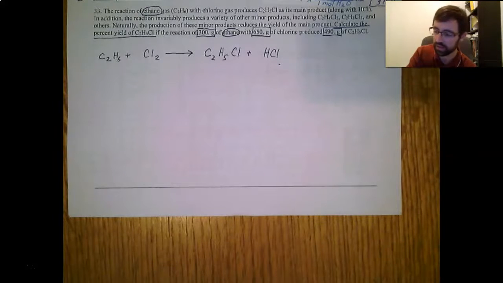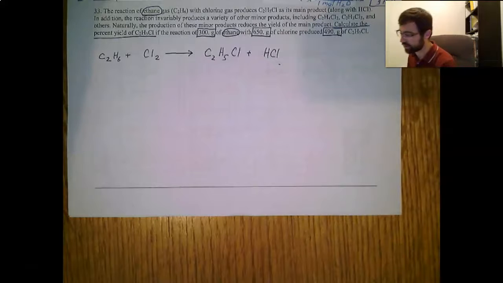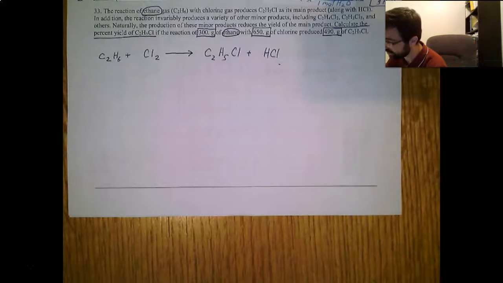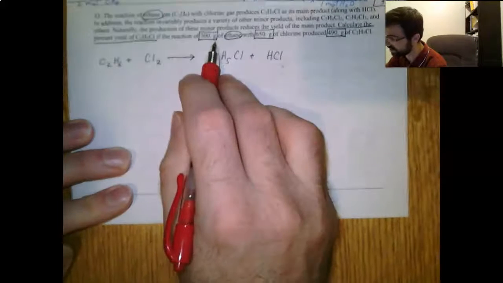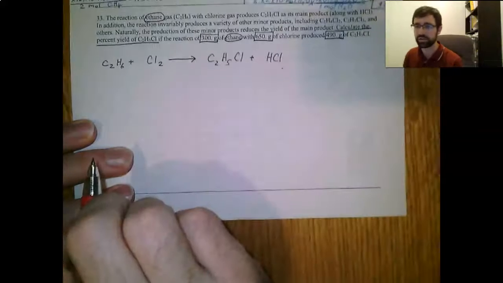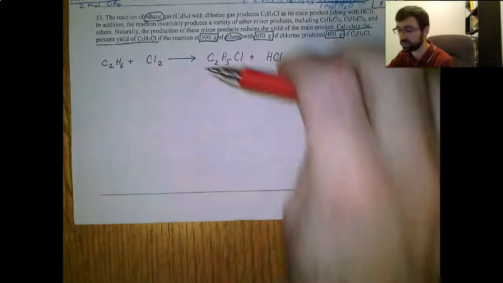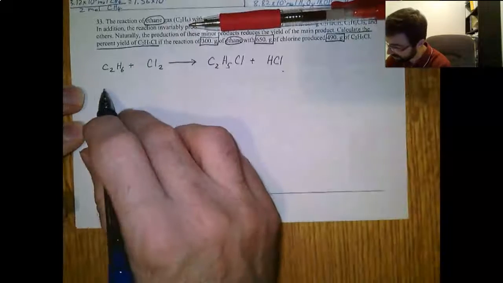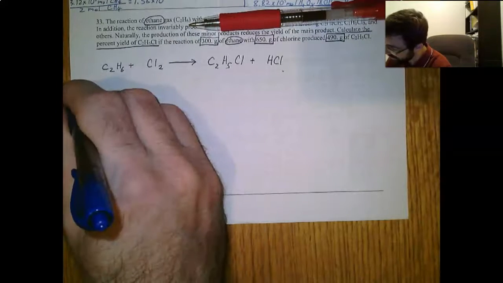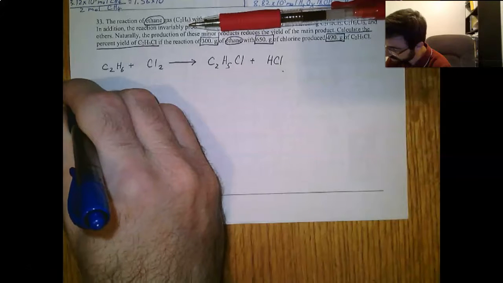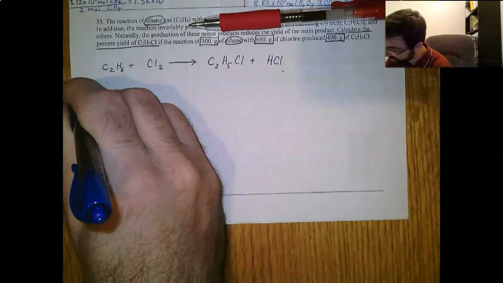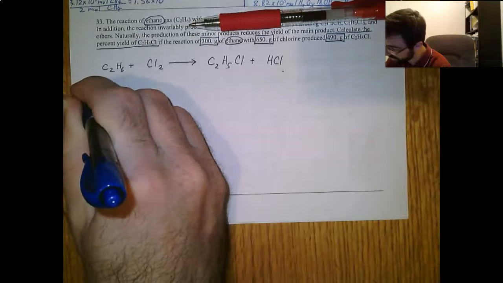Okay, so let's get started with the numbers. I have 300 grams and 650 grams. Well, in order to really do anything with those numbers, we first have to turn them into moles. Not a lot of room to work right here, so I'm going to write it down here. Start with our ethane. 300 grams of ethane,